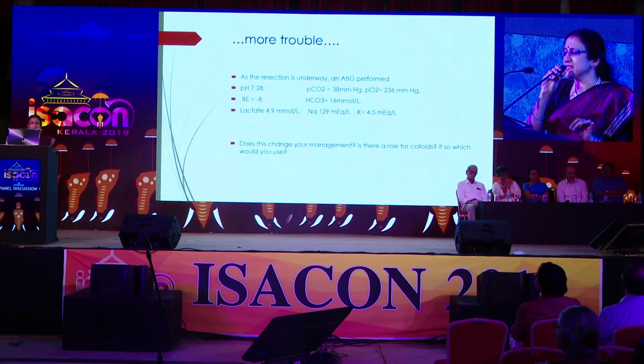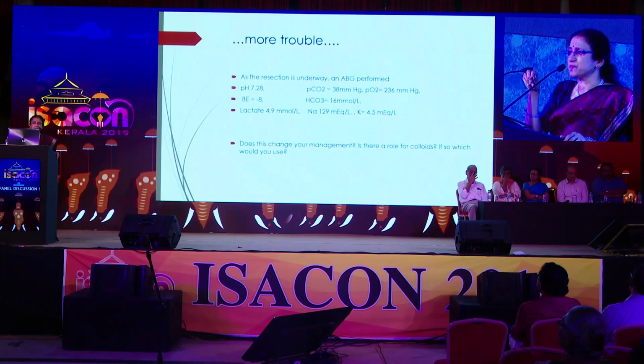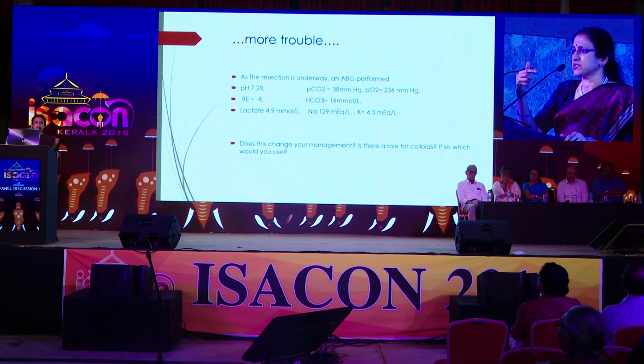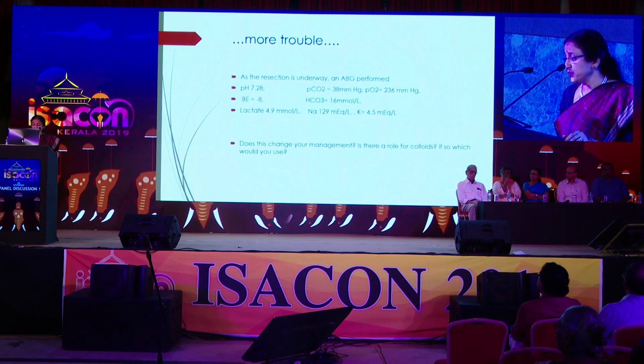So the key message I wanted to convey here is when the lactates start to rise, you try to avoid a lactate-containing fluid, move to an acetate-containing fluid which has non-hepatic sources of metabolism. Also, Ringer's lactate is supposed to increase the blood sugar in diabetics particularly and may consume more oxygen in an already oxygen compromised state. And as Dr. Pankaj has concluded, if at all you have to use a colloid, you would choose albumin. Some prefer to give it as 5% albumin if it's available. We don't have it. Most of us have 20 or 25%. So we just run it as an infusion of 5 ml per hour when we think it's indicated.